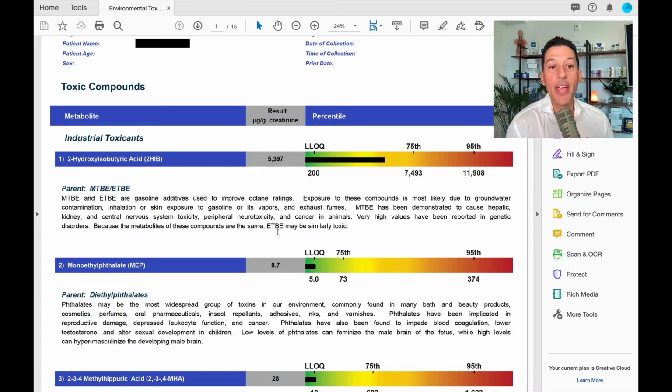The first one that we see, and this is actually quite common for this one to be somewhat elevated. But even if you're not watching this on video at stevencabral.com/2288 or on YouTube, just at Steven Cabral, you are welcome to listen in on audio, and I'll walk you through this lab test, even if you're not watching it on video. So the first one is